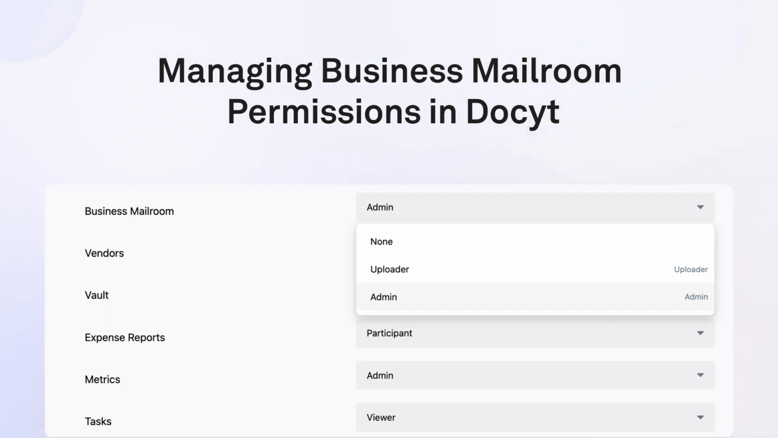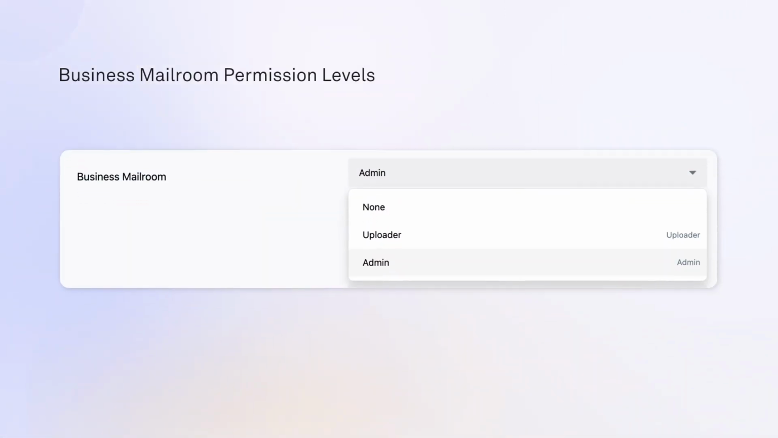Docyt provides permission levels that control access and responsibilities within the business mailroom. Understanding these permission levels is crucial. Business mailroom permission levels. None. Users with this access level have no permission to view or manage the business mailroom data, including the Reconciliation Center